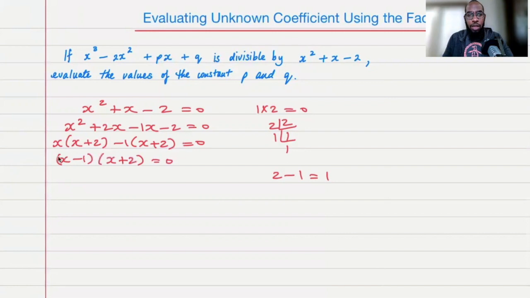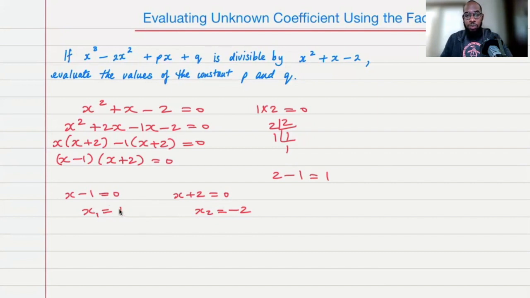All right, so we have x minus 1 and x plus 2, both equal to 0. So when x minus 1 equals 0, x is equal to 1. I like to say x1 is equal to 1. And x plus 2 equals 0, so x2 is equal to -2. It just simply means the first x is equal to 1, the second x is equal to -2. All right, now we have to